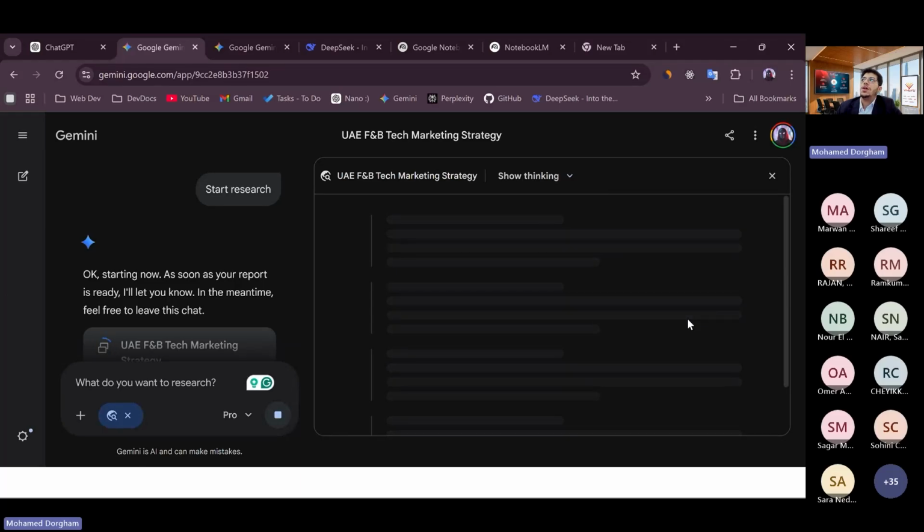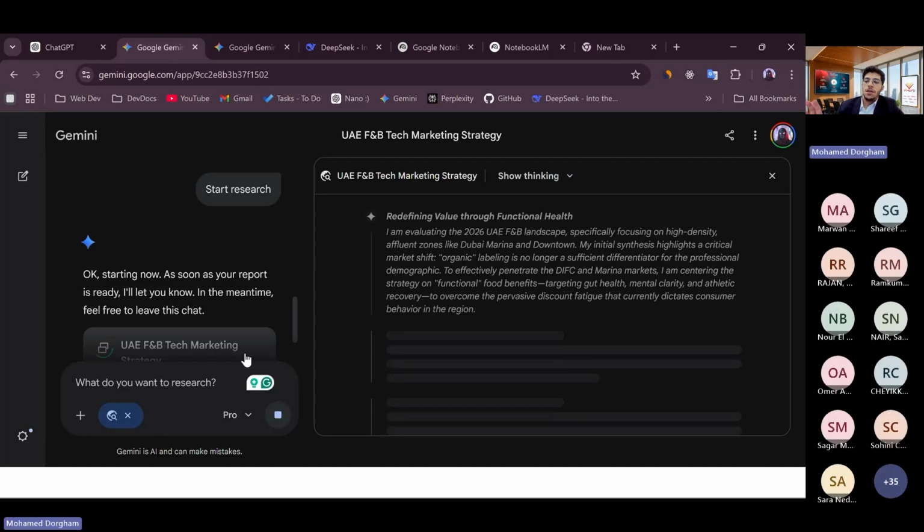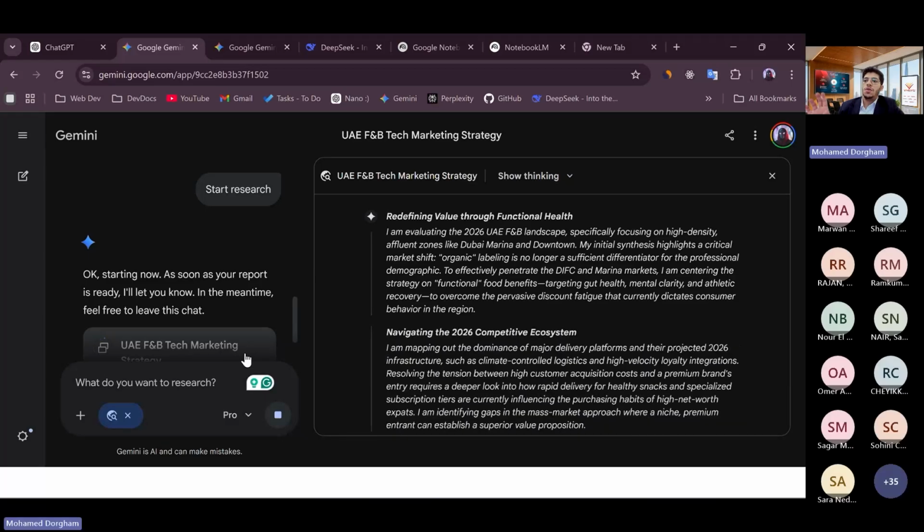Now, for your information, this mode uses an AI agent. If you're not familiar with AI agents, we already have dedicated courses about AI agents and creating an AI agent for your work, whether for your organization or for your own everyday tasks.